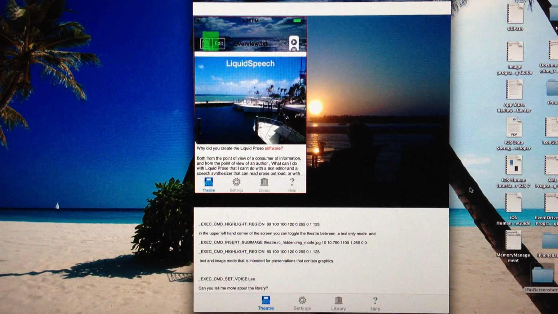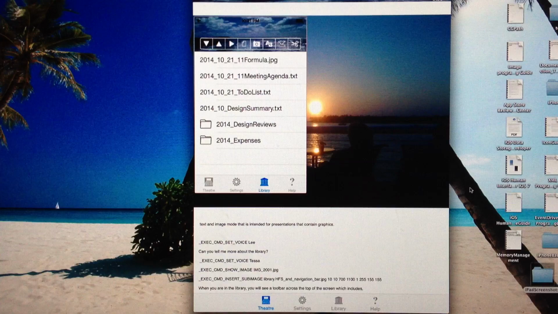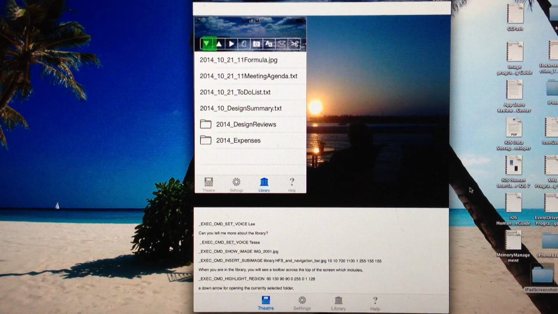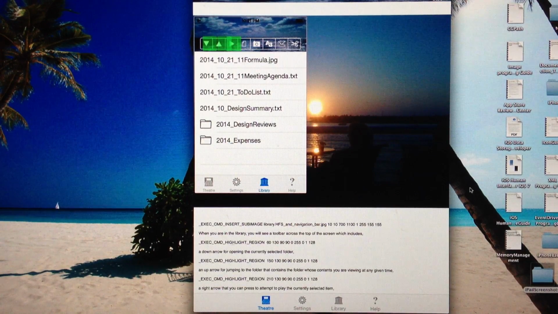Can you tell me more about the library? When you are in the library, you will see a toolbar across the top of the screen which includes a down arrow for opening the currently selected folder, an up arrow for jumping to the folder that contains the folder whose contents you are viewing at any given time, a right arrow that you can press to attempt to play